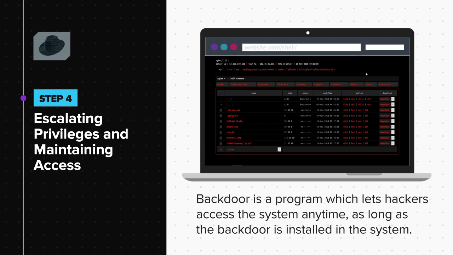Well, it is quite possible that the system owners figure out that someone is trying to hack them, and as a security measure, they tighten their security and change the admin password. If that happens, the hacker will lose the admin access and would have to find other ways to get inside the system. So to avoid the extra hassle, hackers install backdoors. This way, no matter how tight the security gets, as long as the backdoor is installed on the system, the hacker will have access to the system. All this is done to maintain access and for further exploitation.